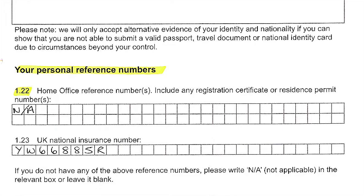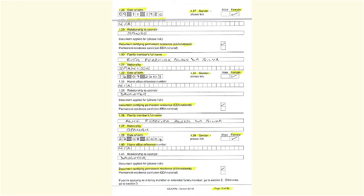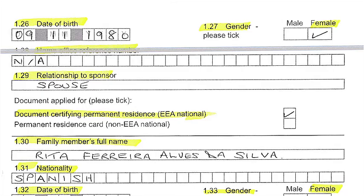The next section is C, and Antonio's got to give details of all the family members that he's including in this application. And each family member must provide 2 identical photographs with their full name written on the back of each photograph. And the first family member is his wife, Joana Ferreira Alves de Silva, who is Spanish. Page 19 of 85 gives further details of her date of birth, gender, Home Office reference number, and her relationship